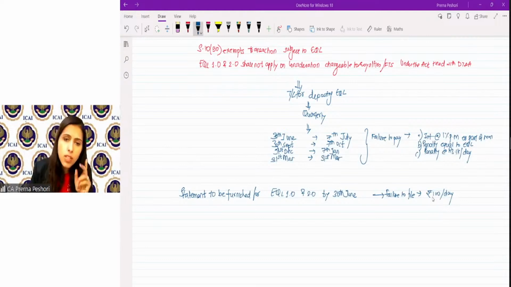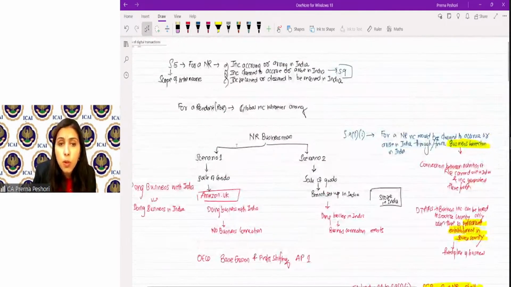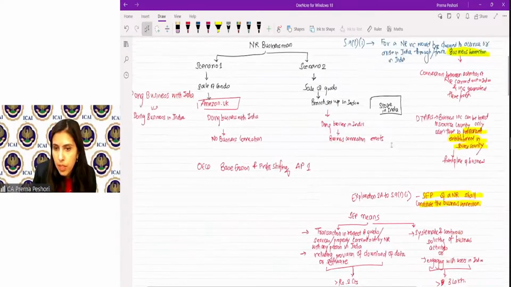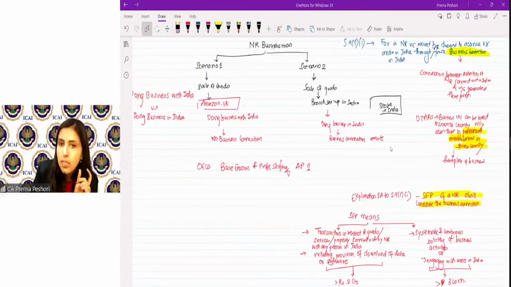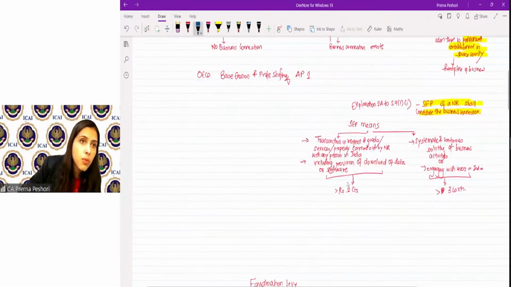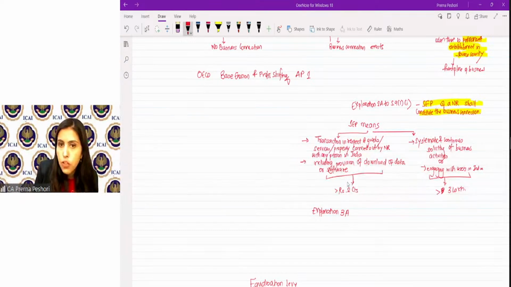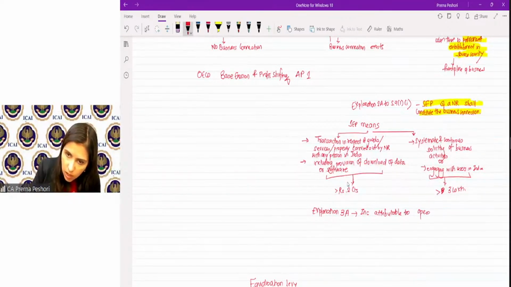Yes, Viraj, very good. Last one point which I want to cover. So we will go back to section 9 where we dealt with the SEP. Okay. There is one more amendment which has been made, not under the SEP, under the business connection. And what is that? Since I wanted to cover that after the equalization levy is done, Explanation 3A has been inserted, which provides that the income attributable to the operations carried out in India,